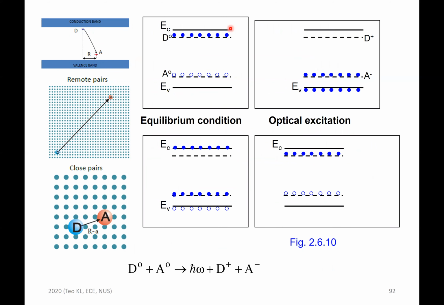So this is the conduction band, this is the valence band, this is the donor level, this is the acceptor level. The donor level is filled with electron, acceptor is filled with hole. D naught means neutral donor, A naught means neutral acceptor. If you come in with a photon energy,